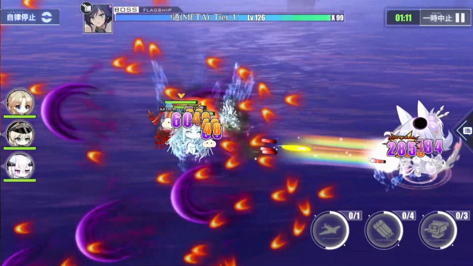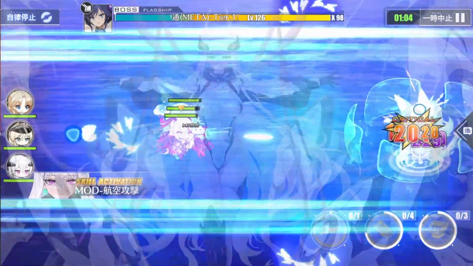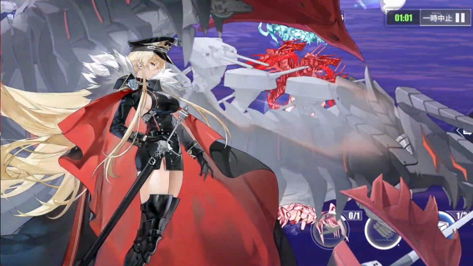I'm gonna leave timestamps to the equipment that I use for each fleet, so you can go back and check them whenever you like. We're starting off here with a battleship fleet which does not feature Helena. Some will not have Helena and others will not have Aurora, but not using either one will likely be impossible